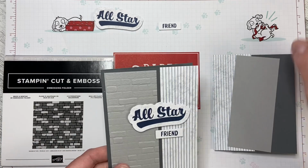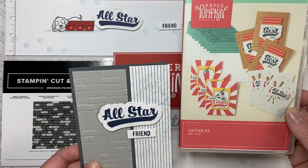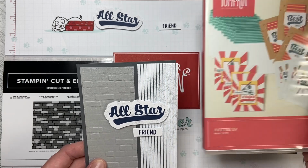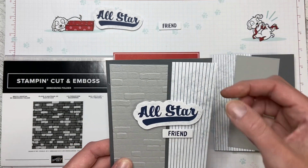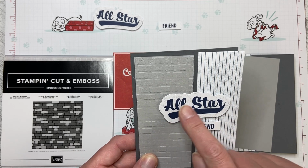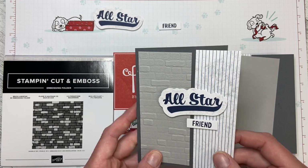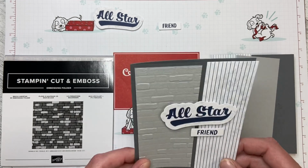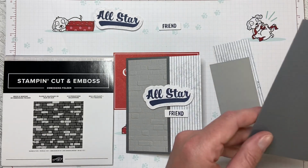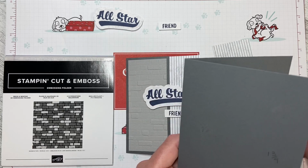We are going to make another card using the elements from the May 2021 Paper Pumpkin kit called Batter Up. I am using one of the card fronts and some of the elements from the kit to make this really cute card. What I'm adding to it is I'm using a basic gray card base, and I'm going to trim